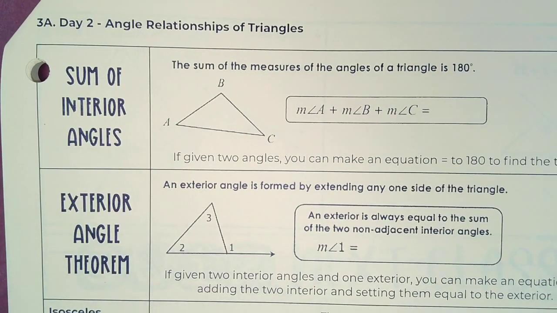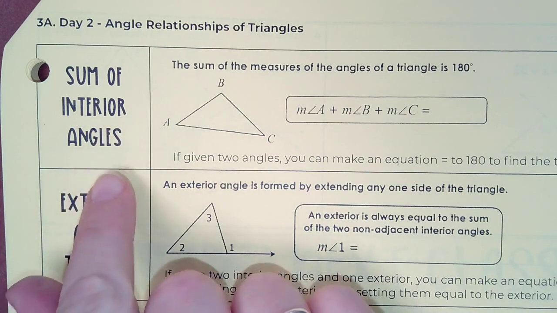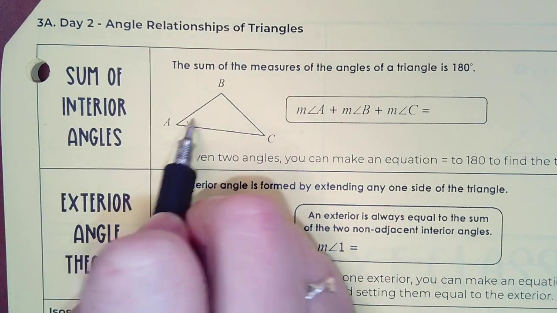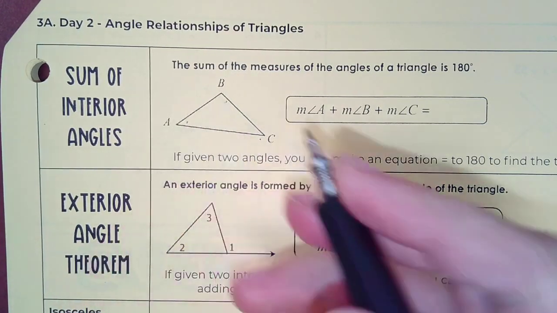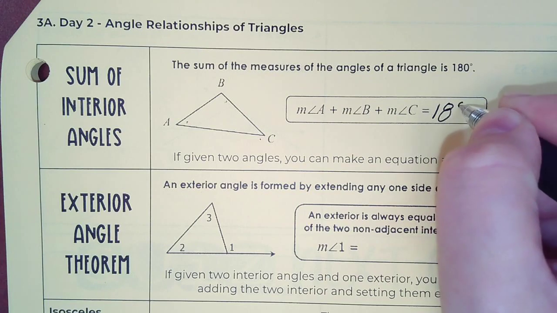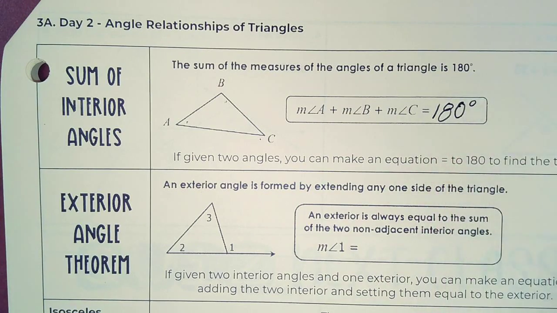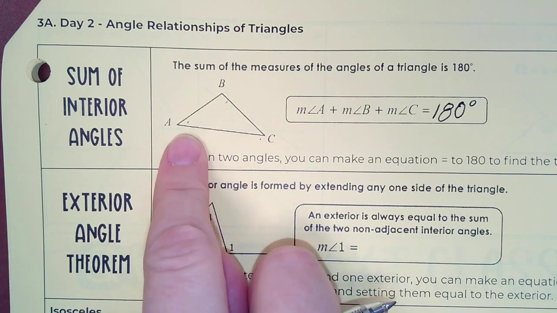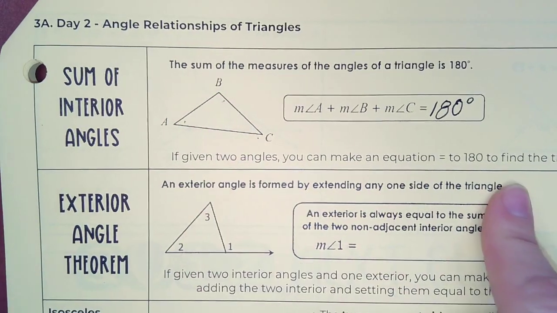Okay, day 2, angle relationships of triangles. The first one, sum of the interior angles, interior meaning inside. If I were to add up all three of these angles, it would equal 180 degrees. If I gave you 2 of the angles, you could find the third by making an equation, setting it equal